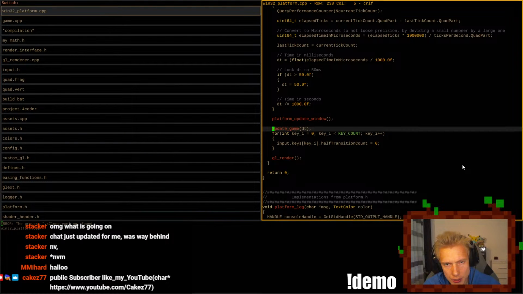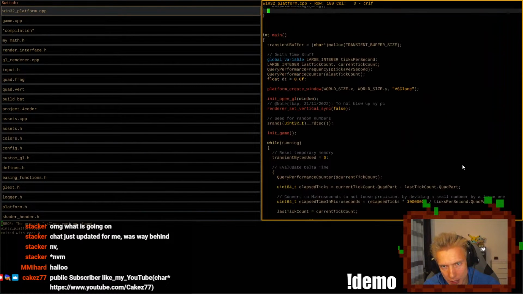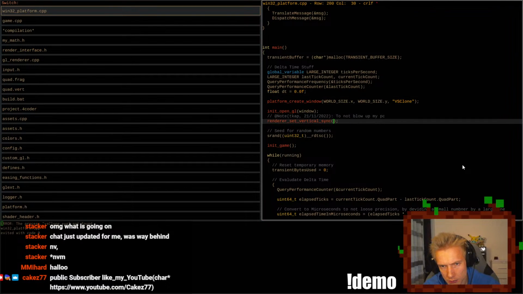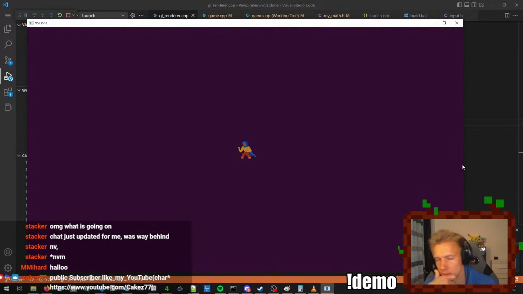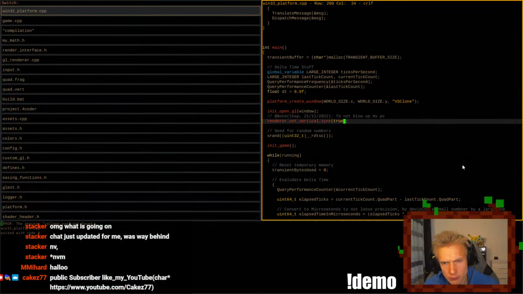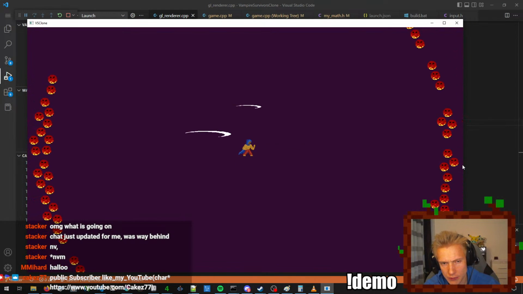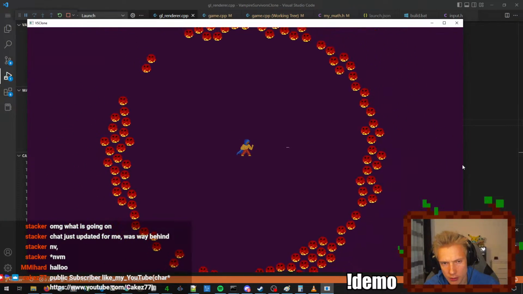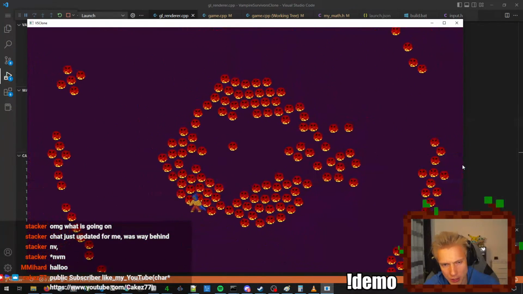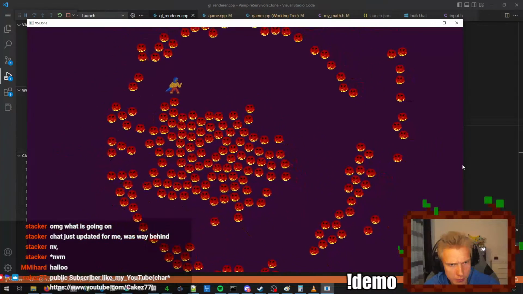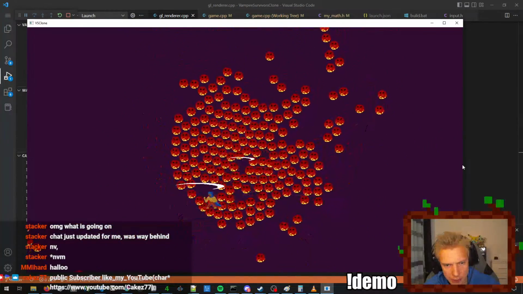And that only happens when I don't use vertical sync. Look, if I use vertical sync, that does not happen. See how there's only a few spawning? See that? But if I don't use vertical sync, it spawns me a bunch of them. Also 150 is a little bit too high. See how many there spawn? I think it should one-shot them.